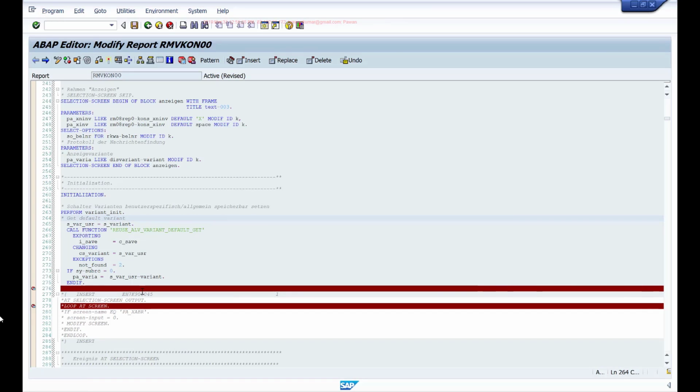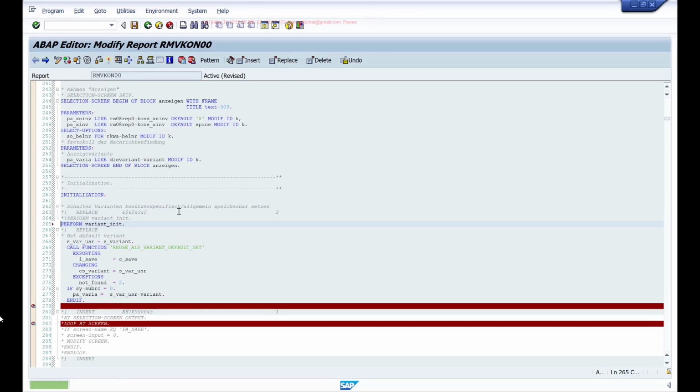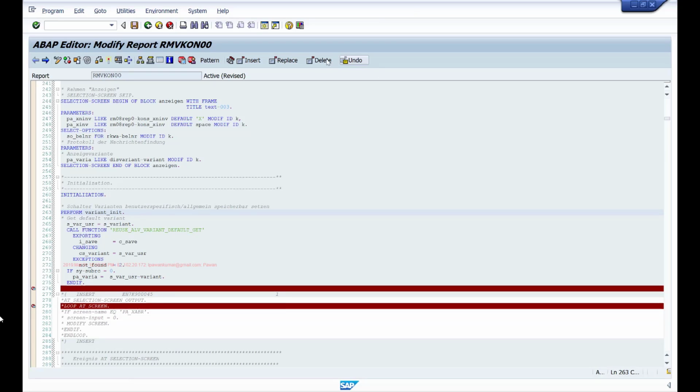And if you want to replace the code, for example, let's say I want to replace this perform with another perform, then I'll select this line and click on this replace button. So it will comment that and it will open it for editing. So you can now edit this to call any other subroutine. So you can maintain one subroutine and call that subroutine instead of this standard subroutine that they are calling in the main program. So you can replace this code. I'll undo it. And similarly, if you just want to delete one line, you can simply select that and click on delete, and that line will be commented. Okay. So using these buttons, insert, replace, delete, you can write your code here.